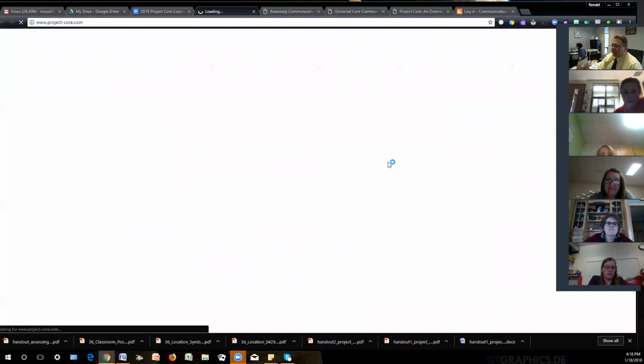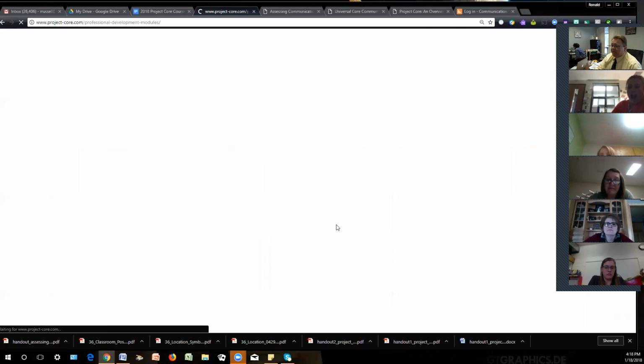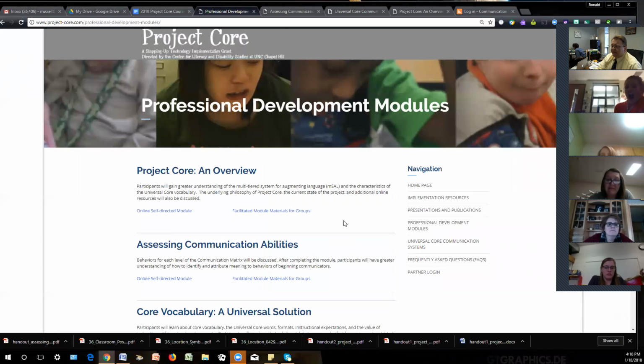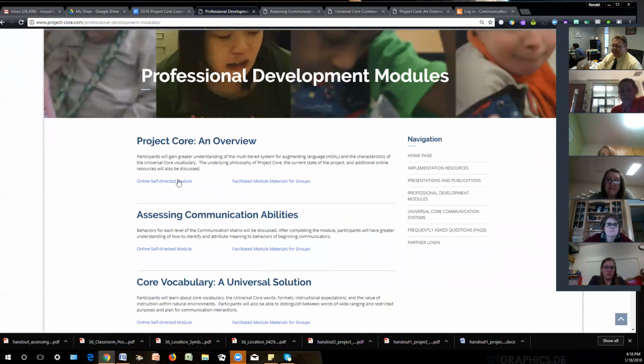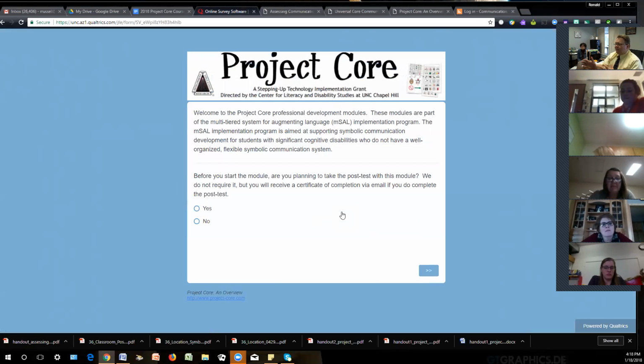on Project Core, under the PD modules here, the things that I've linked to are these facilitated materials that we're using as we work together. But for all these modules, there's an online self-directed module. So today we did the overview and we worked through the communication module. I've been operating from these materials to use as a group together. But there's an independent online version, so you go in there and it takes you through